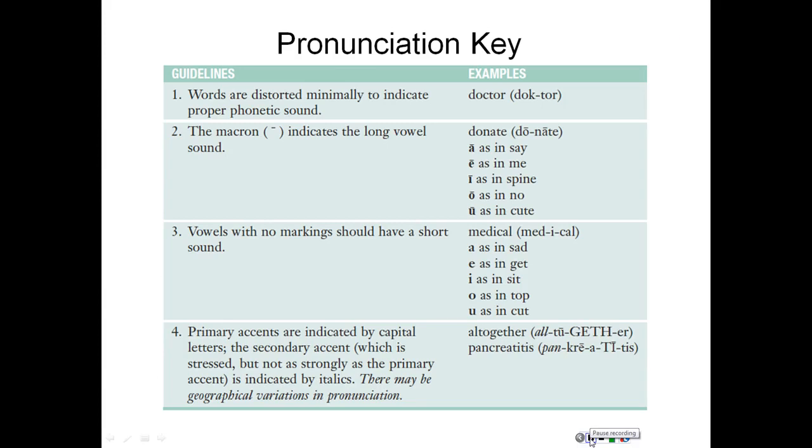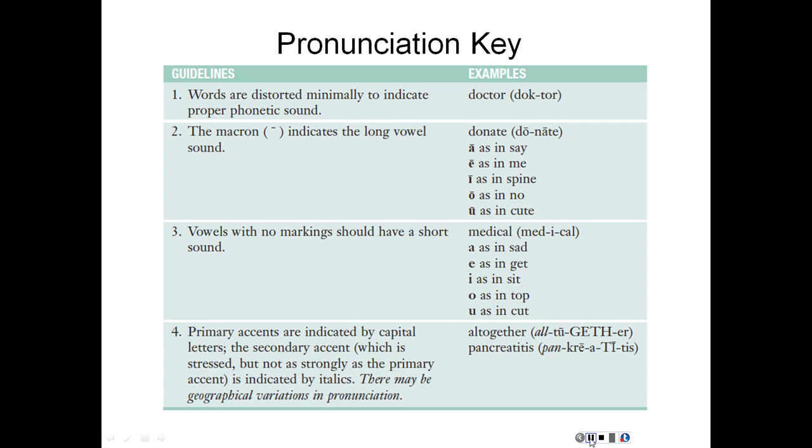So we have doctor, doctor. The macron, or macron, is pronounced either way, is that line above a letter, indicates the long vowel sound. So donate. The macron is above the O and the A, so each of those vowels has a long vowel sound. So donate. So the vowel will sound like the letter. So A as in say, E as in me, I as in spine, O as in no, U as in